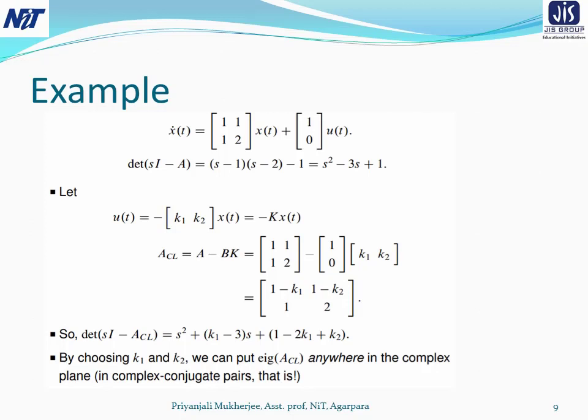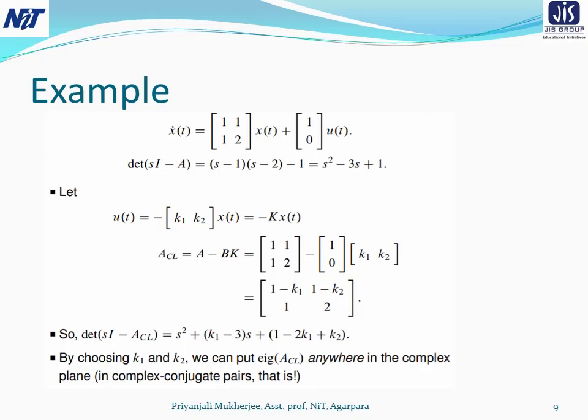As K is a vector and A is a 2 by 2 matrix, K becomes a 1 by 2 matrix. So the closed loop system matrix A_CL is equal to A minus BK. If we compare this A minus BK, it becomes 1 minus K1, 1 minus K2, 1 and 2. So the overall closed loop system characteristic equation becomes s squared plus (K1 minus 3) s plus 1 minus 2K1